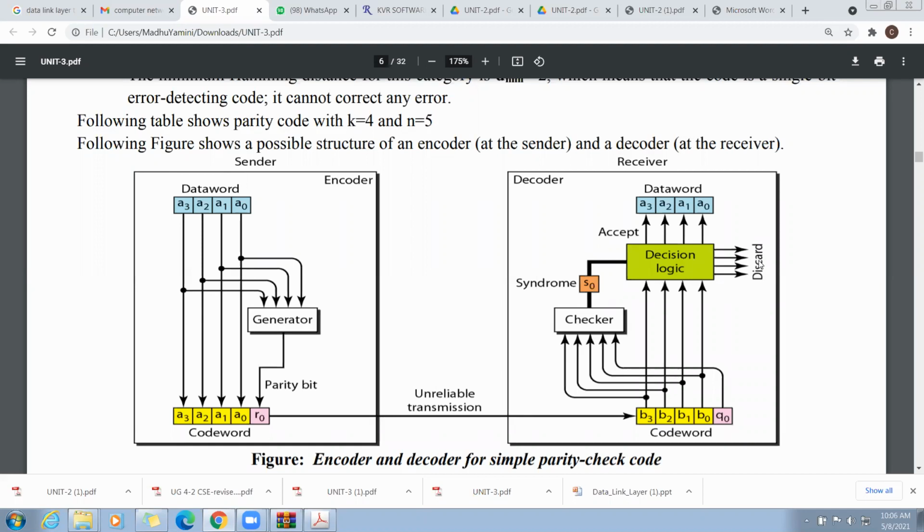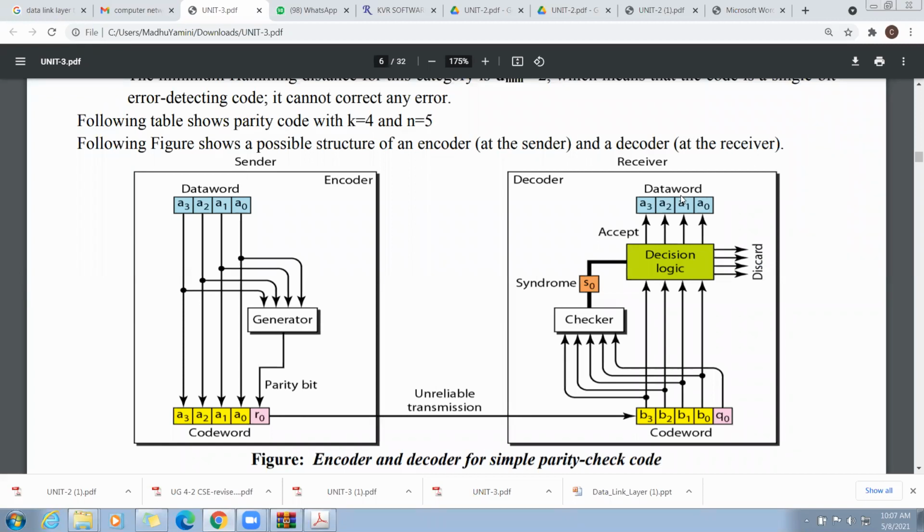Okay, here the important point: if 1 bit got modified, fine. But if an even number of bits, 2 bits or 4 bits or 6 bits or 8, got modified in the received code word, still the syndrome shows it is 0, but the received data word will be different.